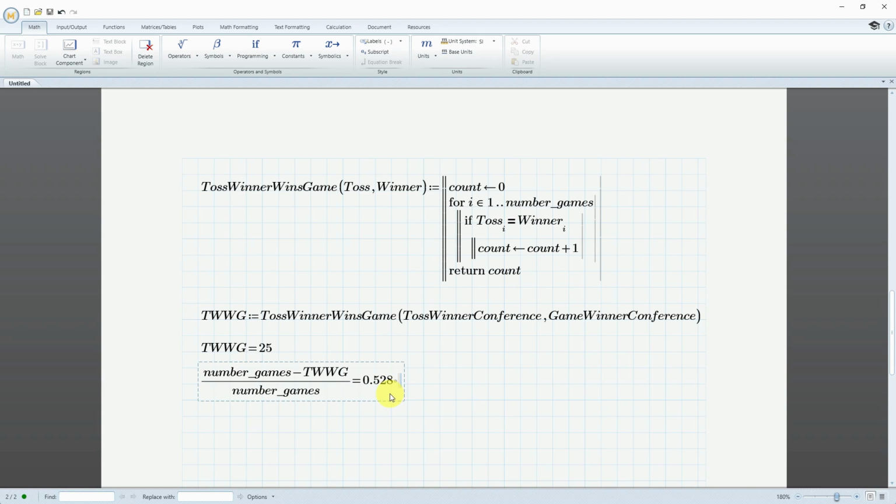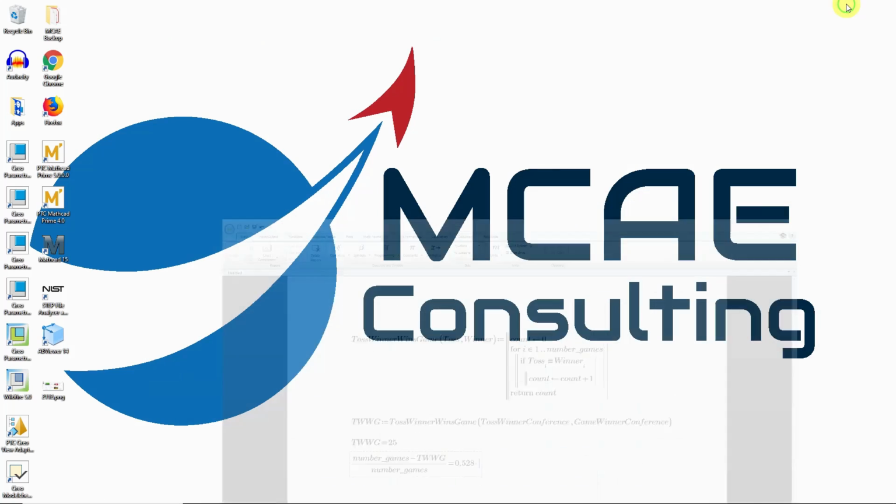So again, it's another little surprising result. It's not outside of a standard deviation, but it does show that there's a slight bit of an advantage to not winning the coin toss. All right, let's take a look at a few other interesting things. If we go back to that spreadsheet,